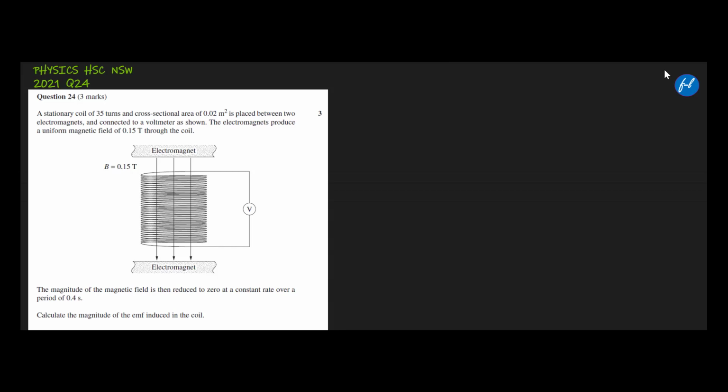The question says a stationary coil of 35 turns. I will keep writing whatever is given in the question. It becomes easy to recollect which formula to apply. So 35 turns and cross-sectional area of,